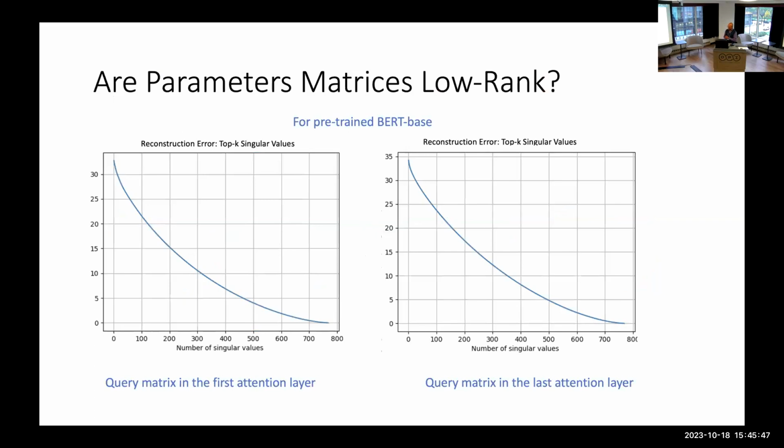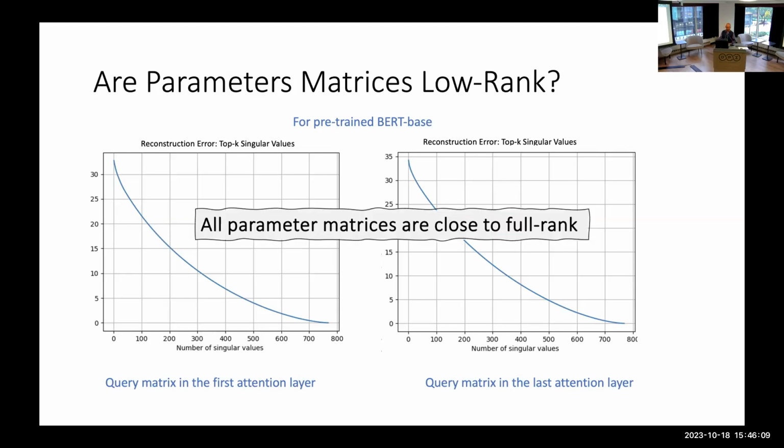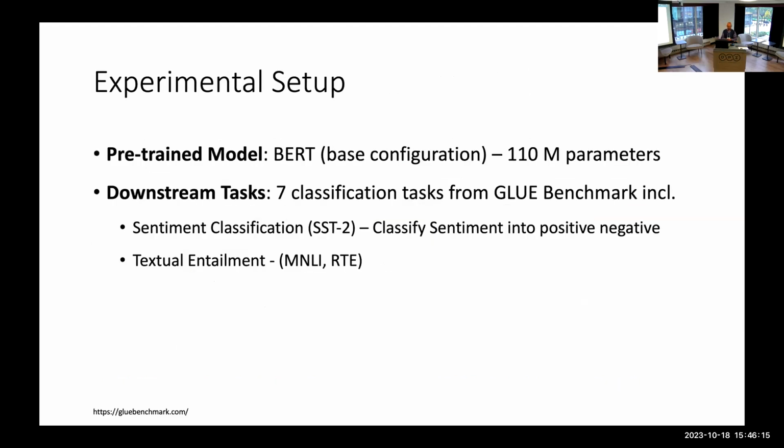So first, one of the questions to ask is what's the characteristic of these actual matrices in the weights in BERT? Does it actually have low rank or not? This is showing you do the actual factorization, take the top k singular values, reconstruct, and see what the error is. You can see that it's pretty full rank. There isn't any natural rank sparsity in these weights. So we can expect that this is not an easy problem.